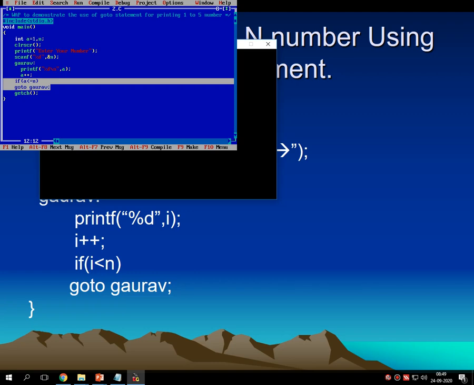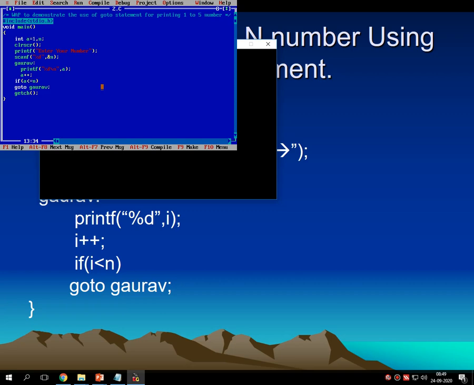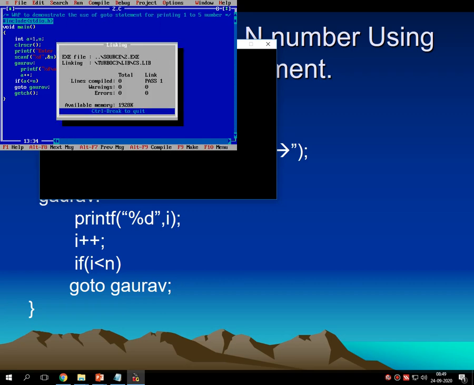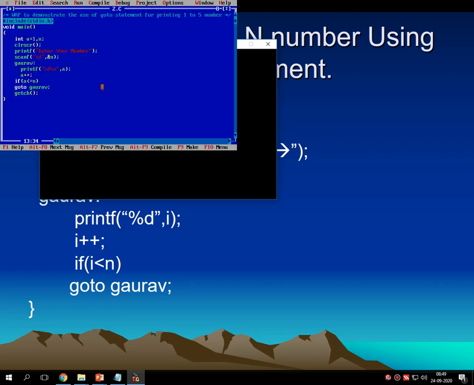Now what happens? Let's see. Whenever you execute this code, it asks to enter a number. Say for example, I am entering 6. Up to 6, it repeats and gives you the output. Instead of 6, I am giving 3.